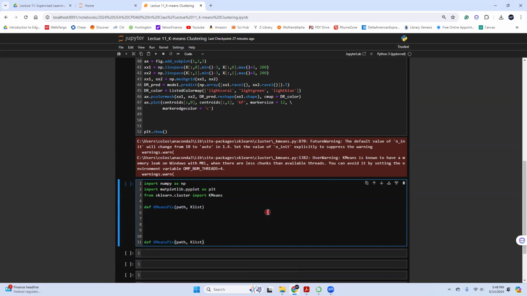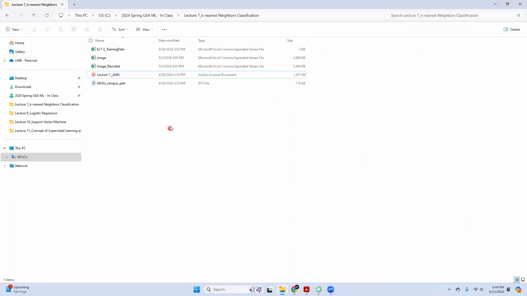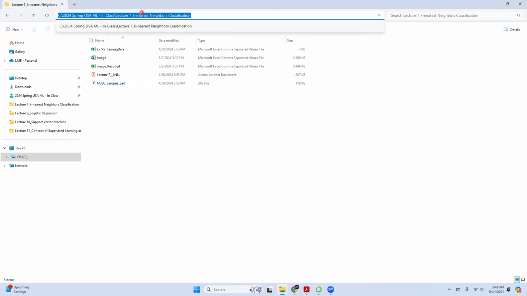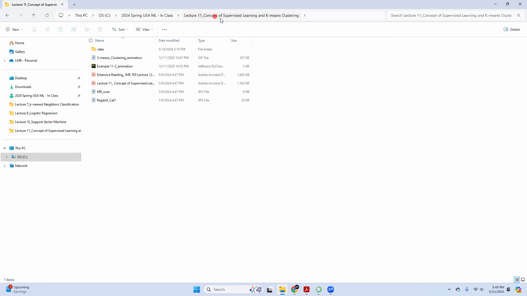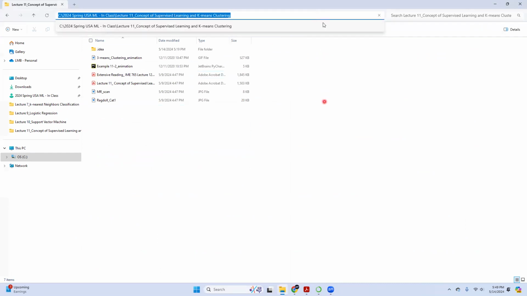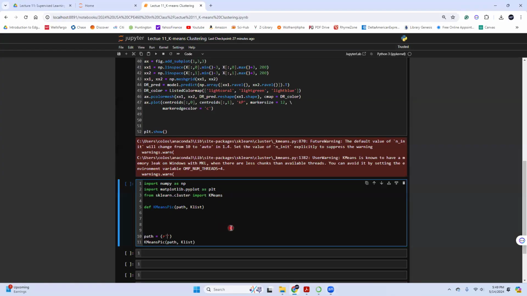So that I can have the path, no, not define. Path equal to, where's my MR scan?